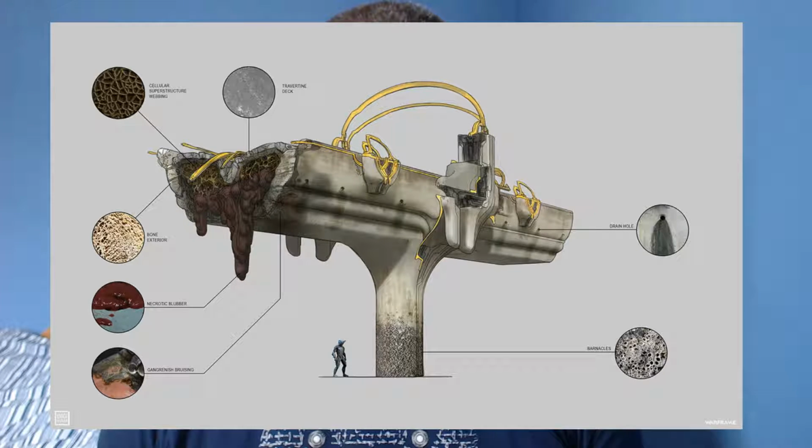And so we've got the bony exterior, we've got the various kind of superstructure of it, as well as the very thick bony outer layer instead of the very thin layer otherwise, and right down to the bottom of the structure there, at the very bottom of the base of it, we've got the kind of slow deterioration there. So at the bottom of the bridge, it's marked there as gangrenish bruising. We've got barnacles attaching themselves to the bottom, and we've got those drainage holes, all of which to me again